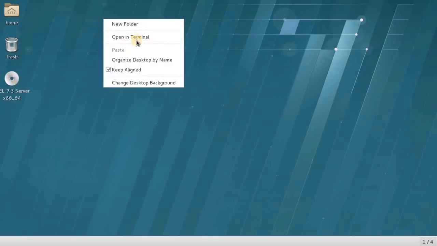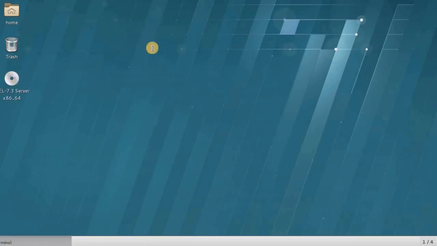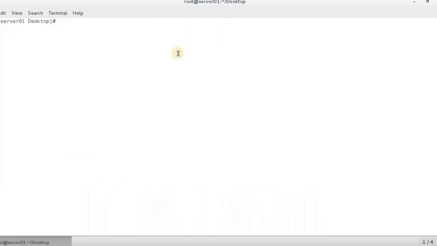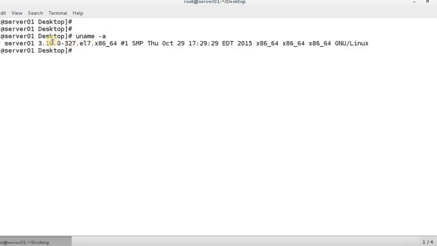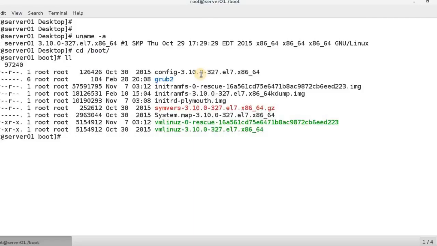Right, so let me just open a terminal here and increase the font size. Now if I do uname -a or -r, I can see the same kernel information and other information about the kernel and when it was built. To see how the system came up, if I go to /boot and do an ll here,